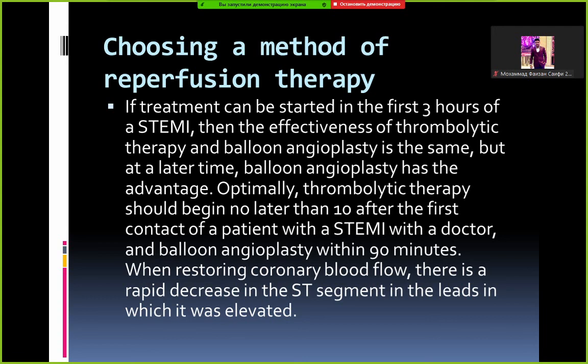Optimally, thrombolytic therapy should begin no later than 10 minutes after the first contact of the patient with ST elevation myocardial infarction with a doctor, and balloon angioplasty within 90 minutes. When restoring coronary blood flow